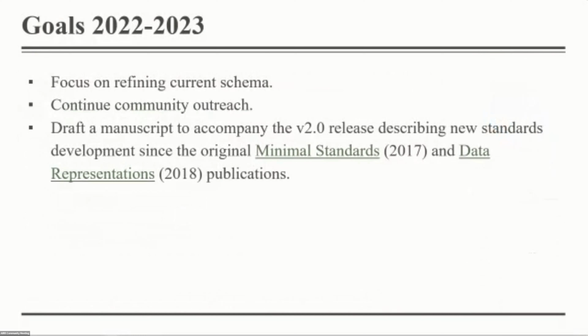So moving forward, we have a lot of schemas that have been developed in a quote unquote experimental state. An experimental state is an official release state, but it has not been finalized and is subject to backwards compatibility breaks. So a big effort that we're going to do moving forward through this cycle is we want to refine those schemas that we already have as opposed to developing new ones and get those into production. We're going to continue to do outreach as much as we can. And it's probably about time we put together a manuscript because we've made a lot of progress since 2017 and 2018 when the original manuscripts were published.